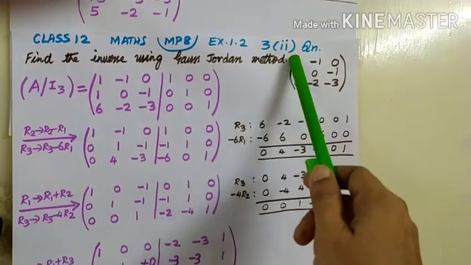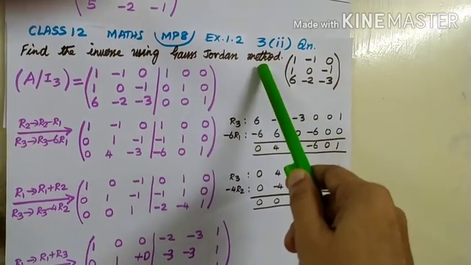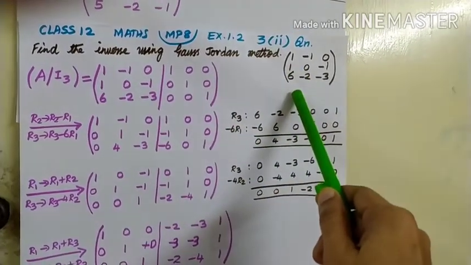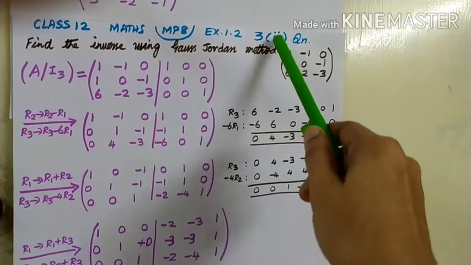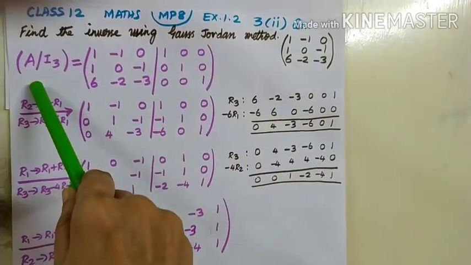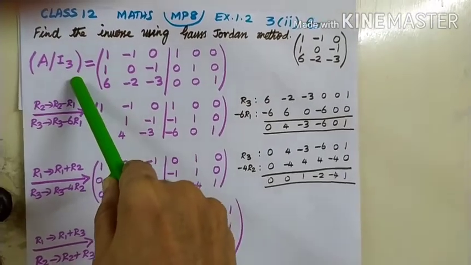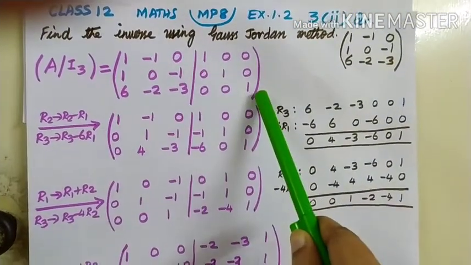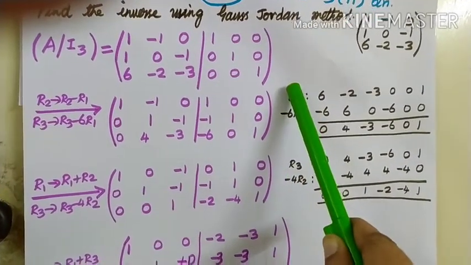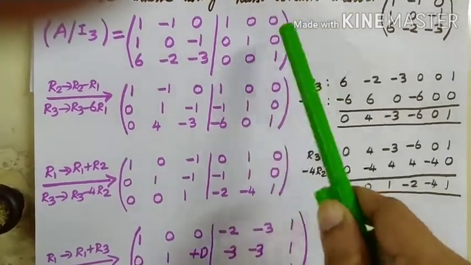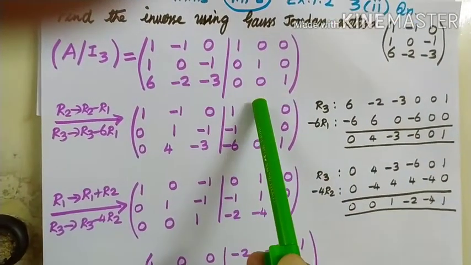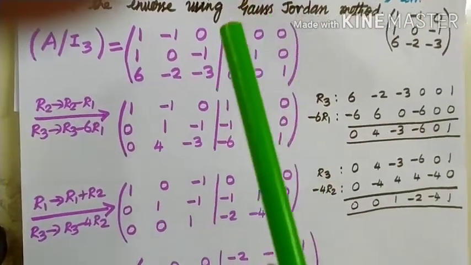Question number 3, second subsection. A similar problem, anyway, since it's a little difficult model, we are seeing one more problem. Here again there are 3 rows and 3 columns. So immediately I will write the given matrix as A and near that I3. I3 means unit matrix of third order. 1, 0, 0, 0, 1, 0, 0, 0, 1. Now my aim is to bring about this unit matrix in this part, and whatever comes in second part is called A inverse. So what is the step?